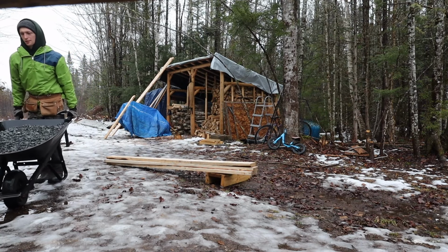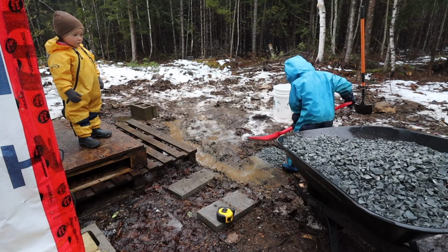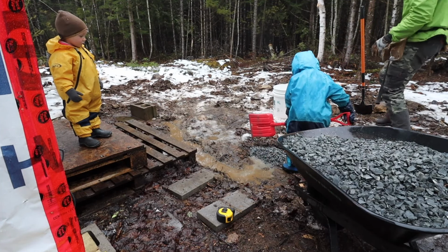So Dada needs to put some stuff in there, okay? Here, I'm gonna show you where though, because I don't want to put all...